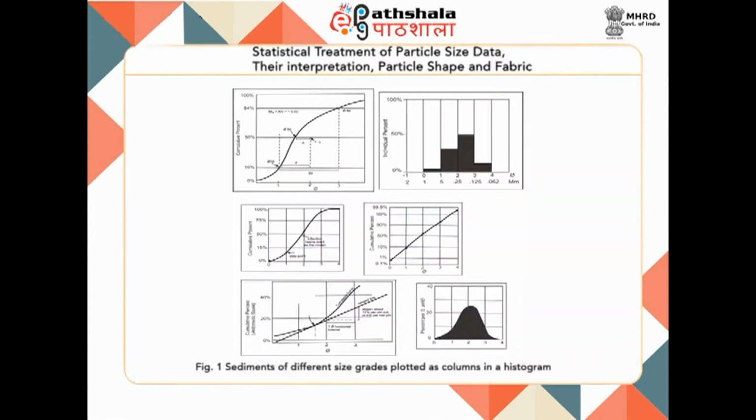You can see in figure 1 that sediments of different size grades are plotted as columns in a histogram. However, this method cannot be used for determination of any statistical parameters such as median, sorting, etc. Its shape is greatly affected by the sieve interval chosen. The same sample may look entirely different if it is analyzed on a different set of screens. Nevertheless, it proves of value for plotting distribution of sediments on a map or stratigraphic section, as the height of the column may be more easily compared even by an untrained eye.